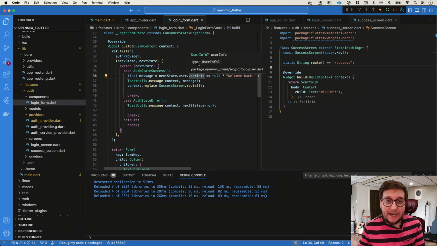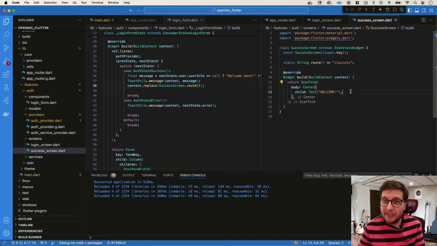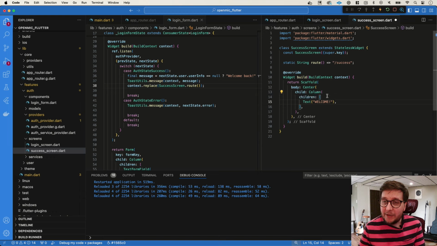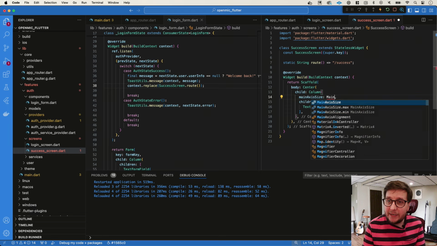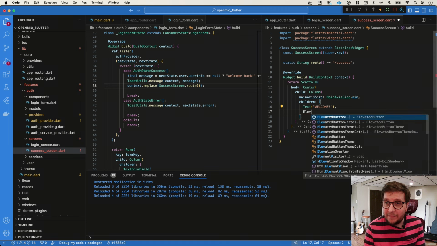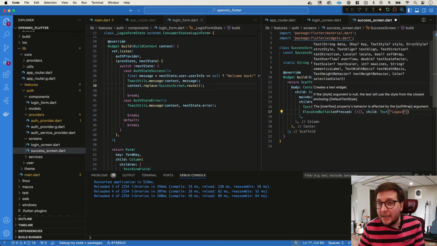Okay, so now we have that working, and maybe on our success screen, this is a good place for us to, let's wrap this in a column. Let us do a main axis size.min, and under here, let's make a logout button. So let's just do elevated button, on pressed, child text, logout, and